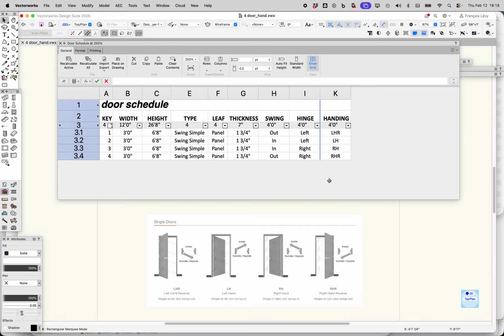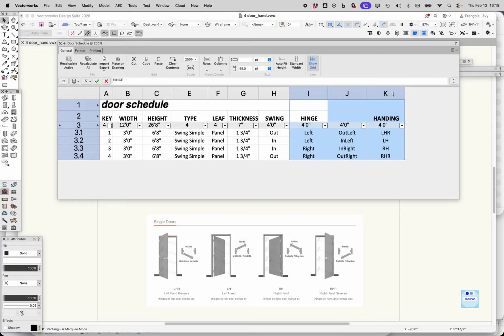I did 3 things to make this work. One is I used nested if statements, as I was suggesting earlier. The second thing that I did is concatenate some cell results. And the third thing that I did is I hid a column. Those are all useful little tricks. You'll notice, if you're astute, that I've got columns A through K, but column J is missing. Well, it's really there, but I've just set the width to 0. So I'm just going to grab these columns, I and K, and you can see that when I stretch them,